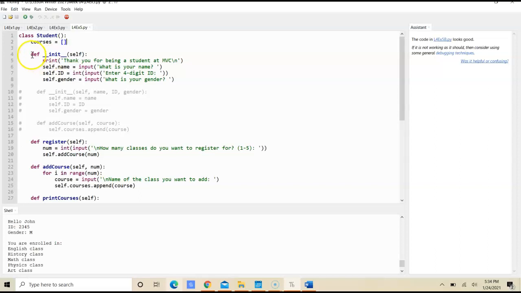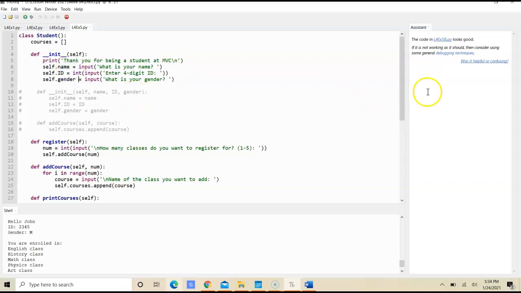And then next I have an init in which I state self, and this allows me to include the instance variable that will store the attributes so the object can later on access the data, such as name, ID, and